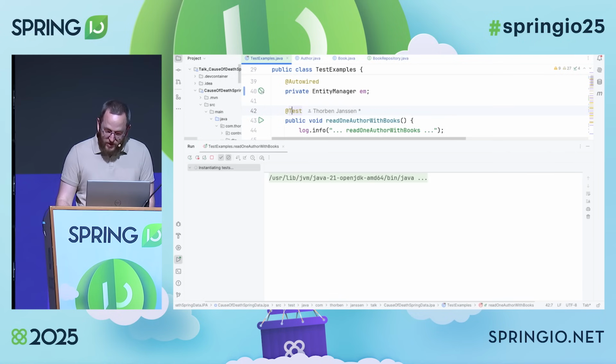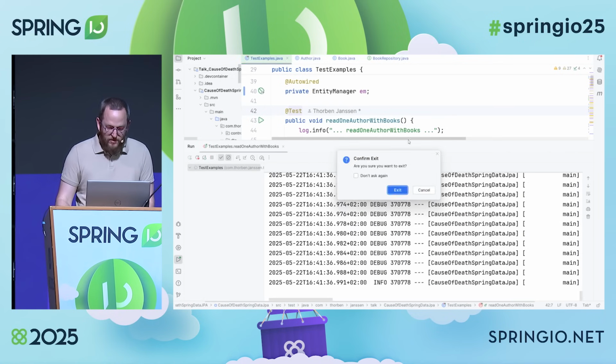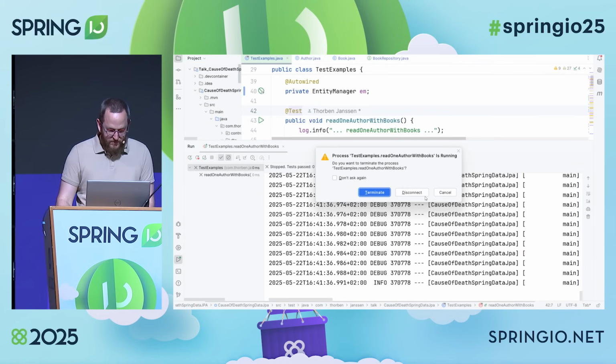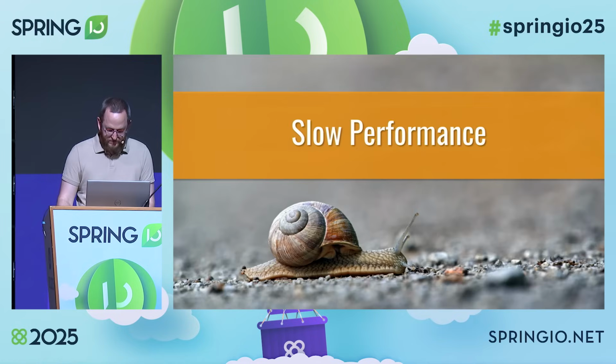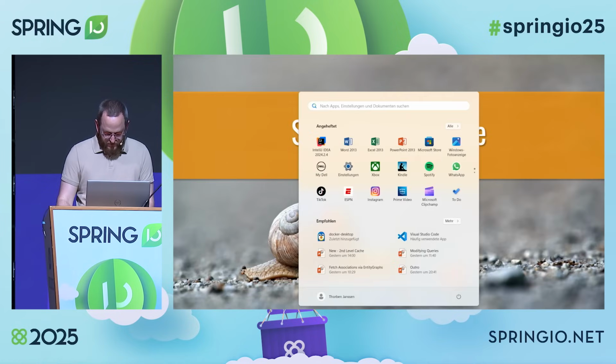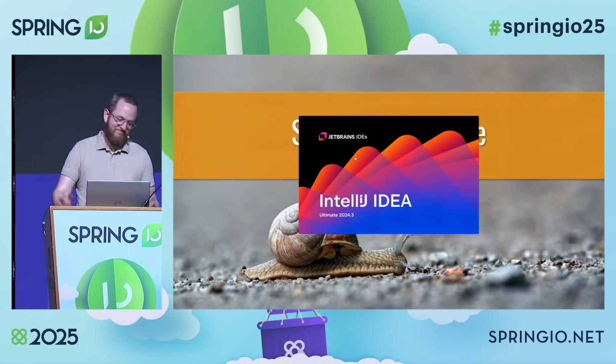Great. So what solves all problems? Restarting the IDE. Go on, stop this. Thank you.